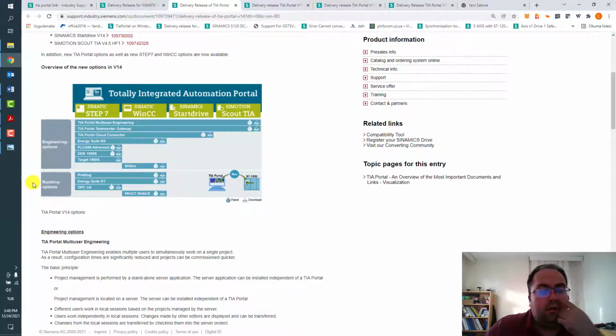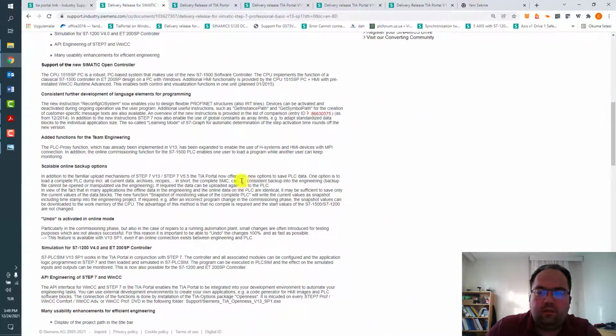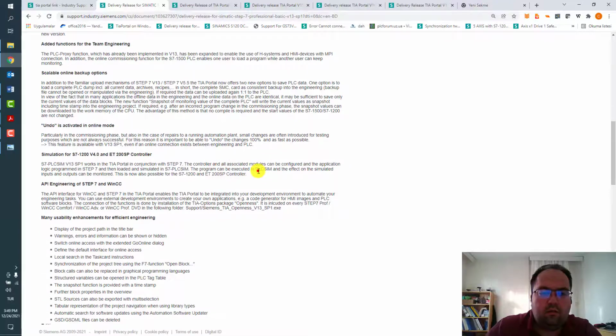As a quick note, there are also some runtime options like Process Diagnostics to create software blocks and faceplates on the HMI side. Energy Suite is for using the energy management products, and OPC UA, Unified Architecture, was also released with version 14, possible to use for PC to PLC communication.